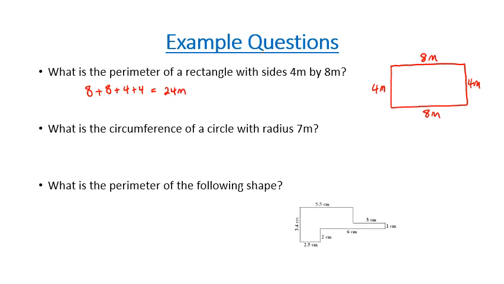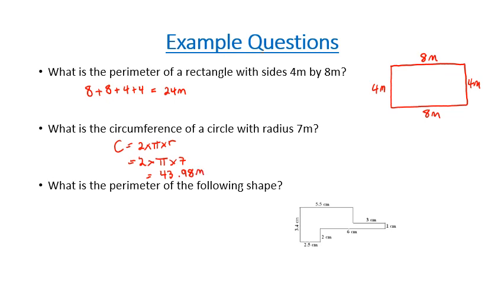The next question says, what is the circumference of a circle with a radius of 7 meters? Now remember that circumference is 2 times pi times r. In this particular case our radius is 7, so this is just going to be 2 times pi times 7, and we can put that into our calculator using the pi button. 2 times pi times 7, and that's going to give us 43.98